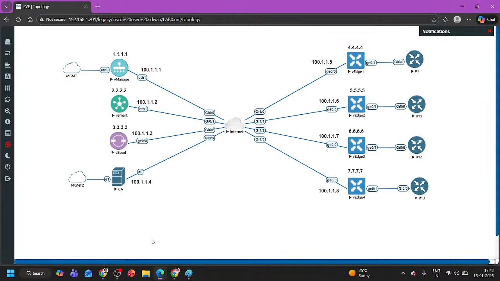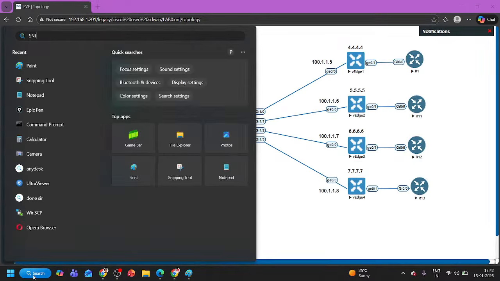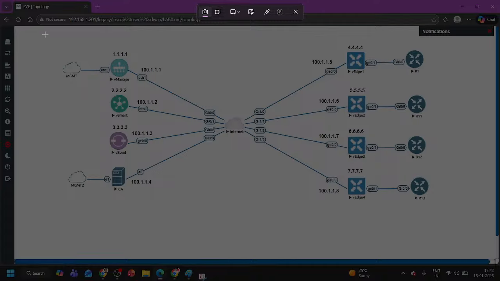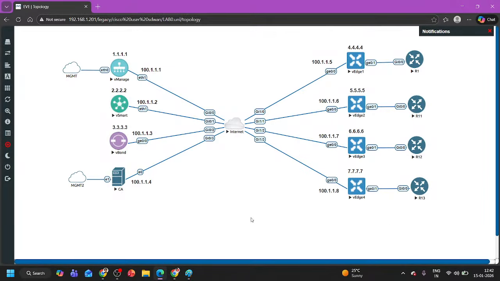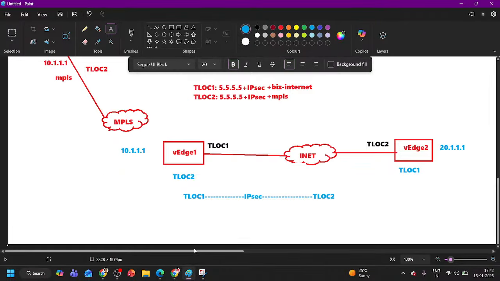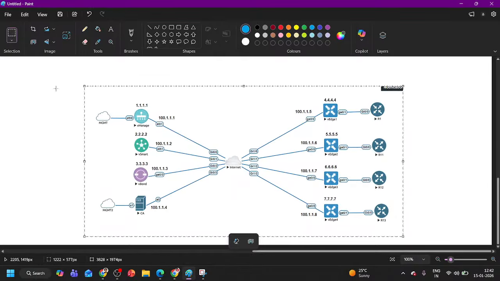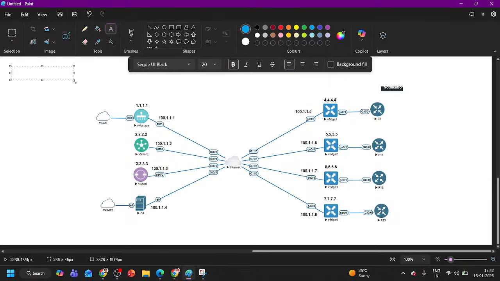Okay, and here I have a simple topology so that we can understand the fundamental foundation of SD-WAN. See, again I am repeating the function of all devices here. We have seen this in the last class also. What I had told you, SD-WAN means software defined WAN. The network which can be configured, managed, and troubleshot with the help of software is known as software defined network. So here in SD-WAN we have